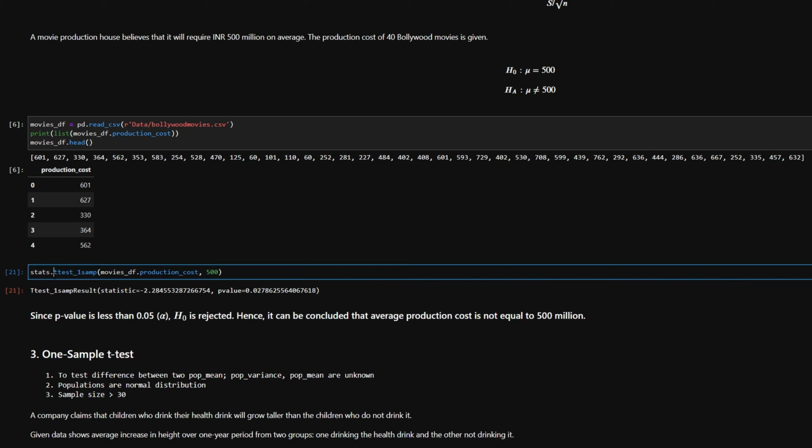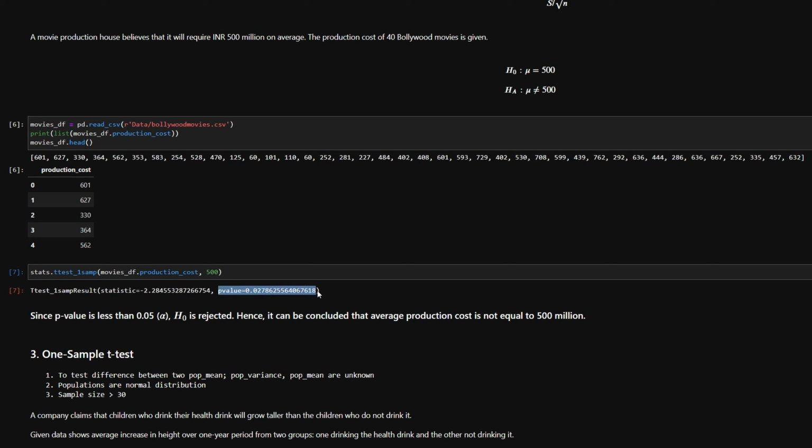So here's the method that we are going to use, t-test, that is one sample, and we give the sample that we have as well as the mean value that we have. Now, if we run this, we are also again going to receive two things. One is the test statistic or the t statistic value. The second thing is p value for this. T statistic, we can definitely infer something out of it, but first let's look at the p value.